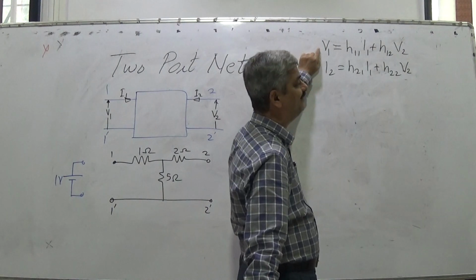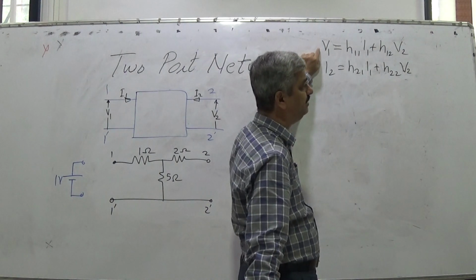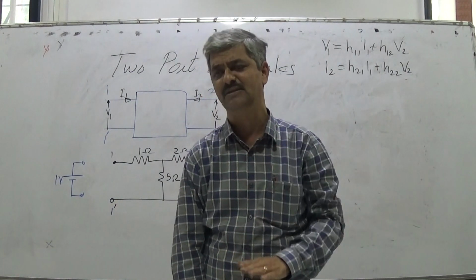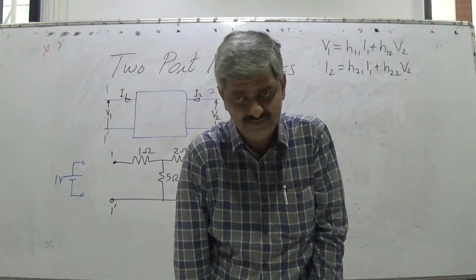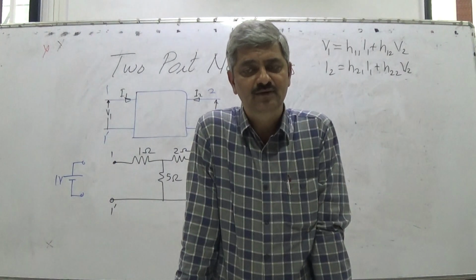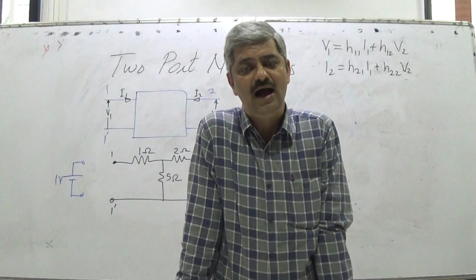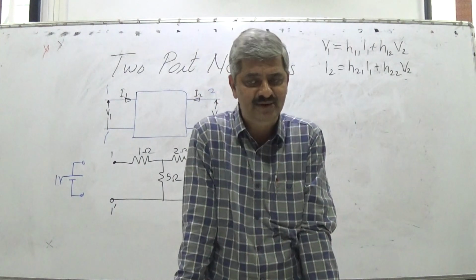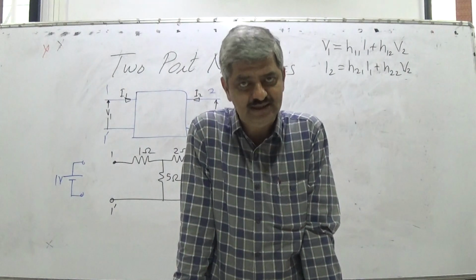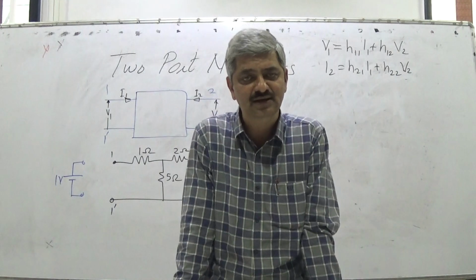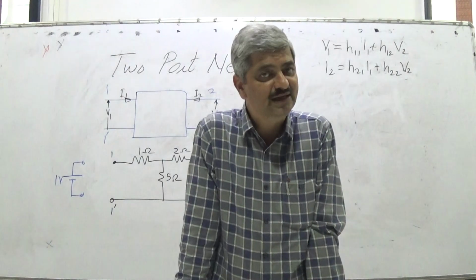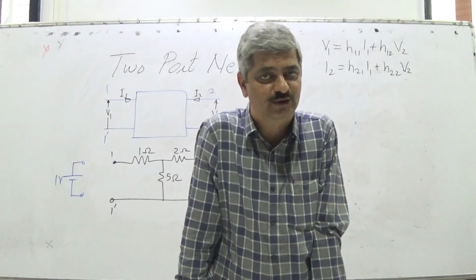But here, when we are interested in measuring H11, the hint is very simple. When you want to perform an experiment to measure something, we will be measuring voltages, that is V1, V2, and currents I1 and I2, and based on that we find the parameters. Each equation contains 2 parameters. You are interested in finding one of them. So for the parameter which is remaining, you should ensure that its effect is nullified by ensuring that the multiplier to that parameter is set to 0.